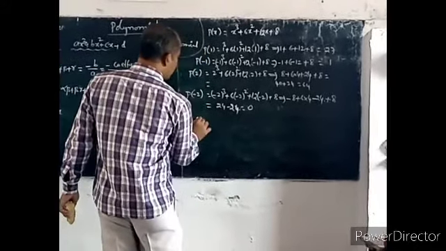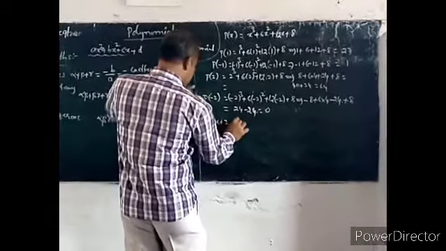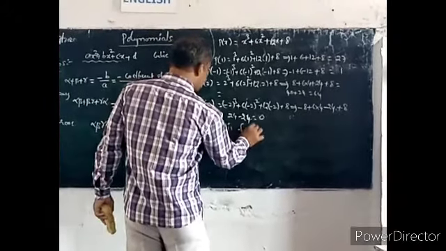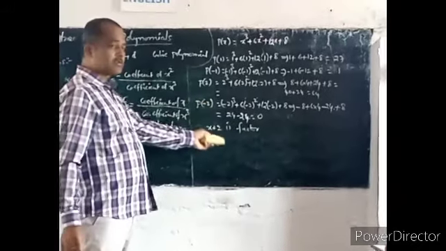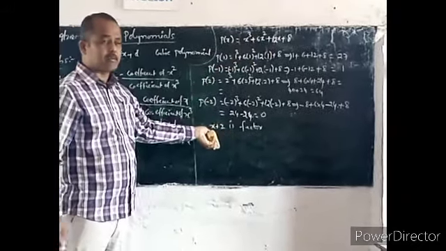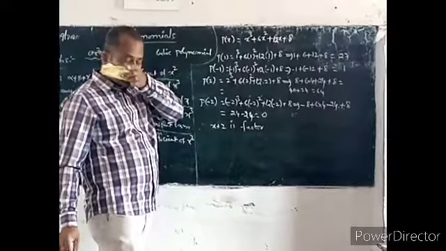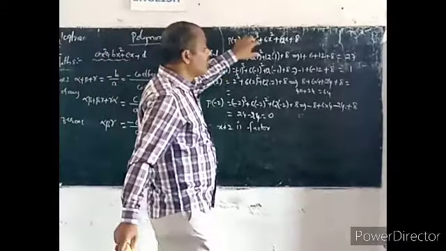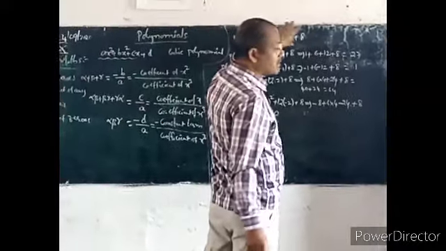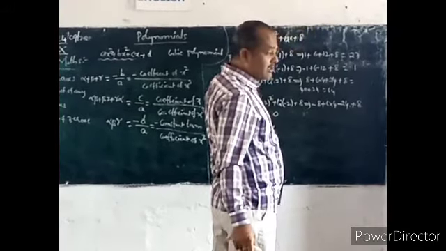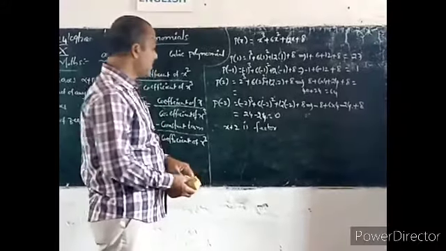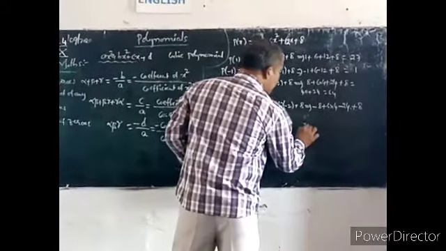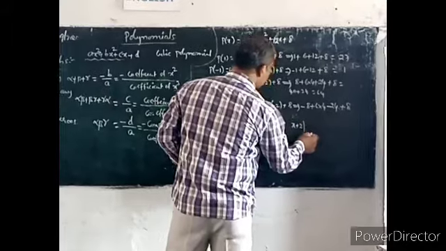So x plus 2 is a factor. Here minus 2 is the zero. Minus 2 is zero means x plus 2 is a factor. X plus 2 is a factor means in this polynomial we have to take it out. You should take out the x plus 2. That is one of the methods. Otherwise, we have to divide the given polynomial by this.